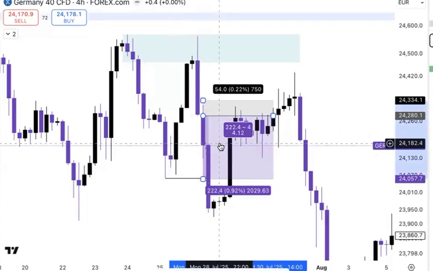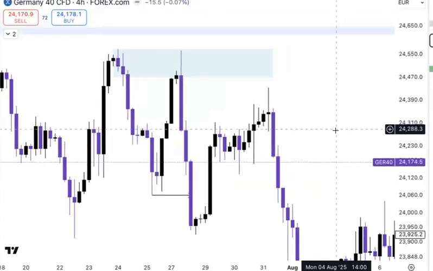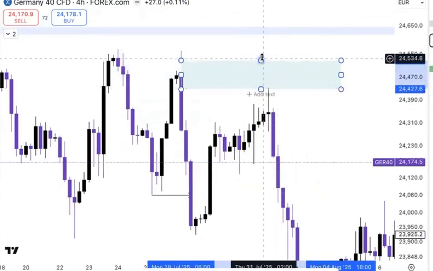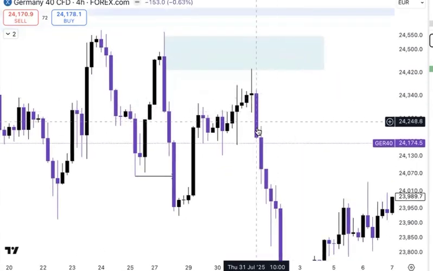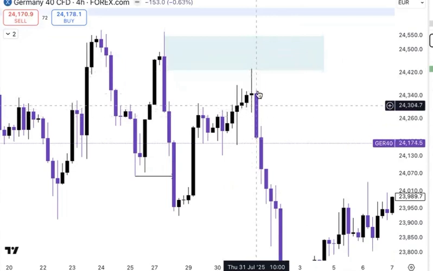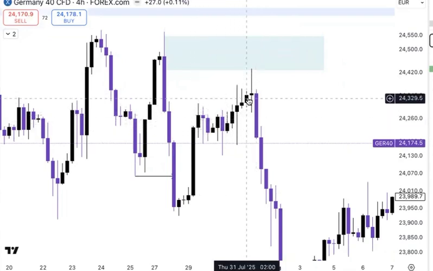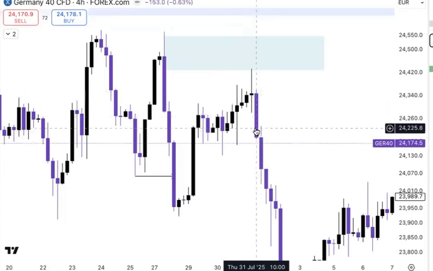Now, this doesn't just happen in this scenario, this happens most days. So let's go again. Let's say we've pushed into this level here. And what did we do? We missed this candle, so we missed the entry up here. Keep in mind, I would take an entry from up here, but if you're not that experienced and you need to wait for some sort of confirmation like this, you can see small bullish candles here, wicks to the upside, and then boom, big bearish candle showing us momentum is clearly on the sell side. So what do